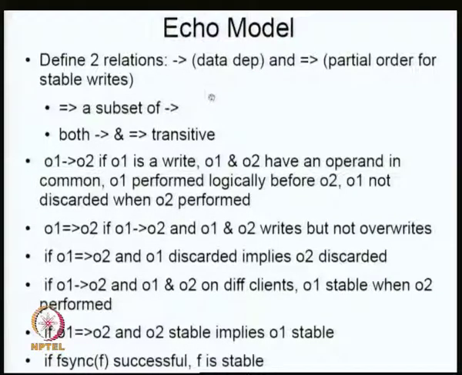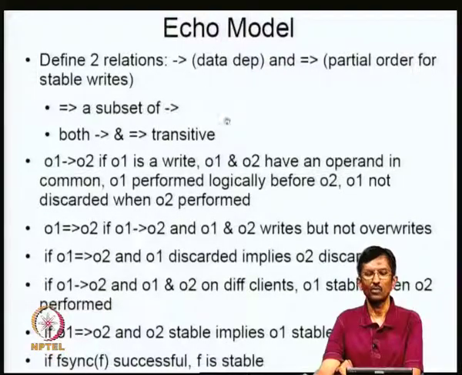Okay. The data dependence basically just tells you what is the dependency of one operation on another. It does not say anything about what should happen on failures, whereas this one says what should be done with respect to flushing if there are failures. Okay. So, that is why we need these two notions. What we are doing here is to take care of the situation where you will only have the writes in the way this particular order has specified. You want to make sure that they all get flushed to disk in a particular order.